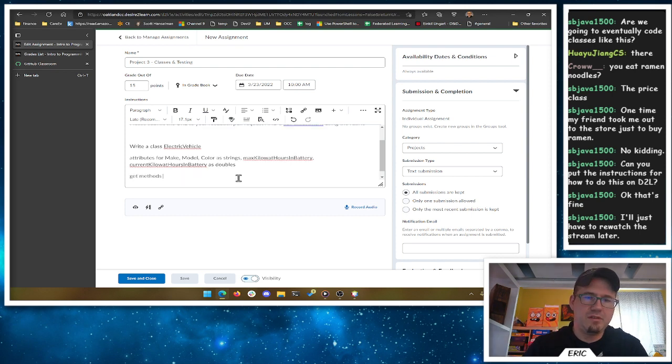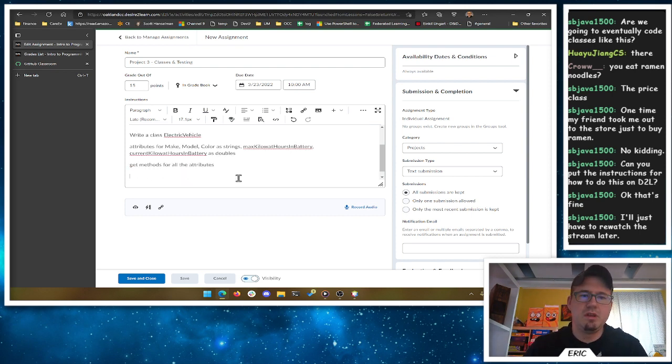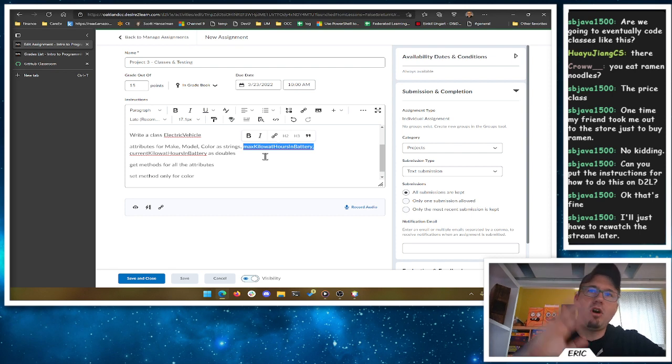So we need get methods for all the attributes. We want a set method only for color. Okay. The only thing that changes in a vehicle here, and yes, the current will change, we'll get to that in a second, is the color. Once you have a Chevy Bolt, it will never not be a Chevy Bolt. Right? Technically, the max kilowatt hours does change, but we're going to pretend that physics doesn't apply here. This is programming land. We're just going to pretend stuff. And we'll say the battery will always have the exact same max. I know it doesn't actually work like that, and eventually the battery degrades and that sort of thing, but we'll